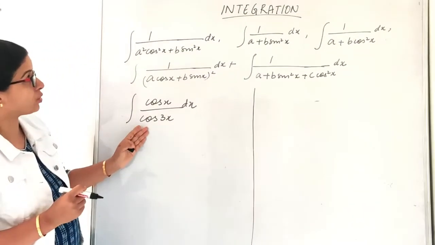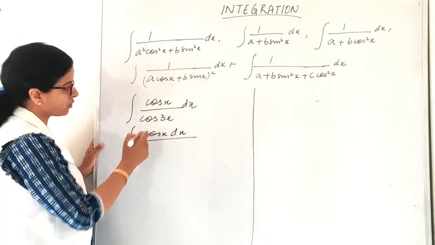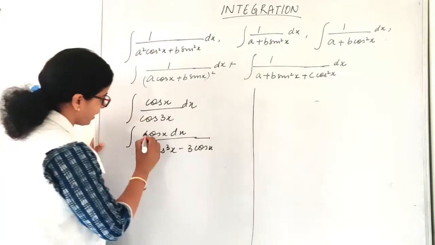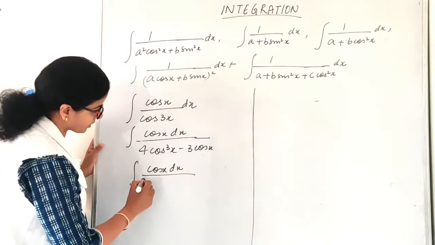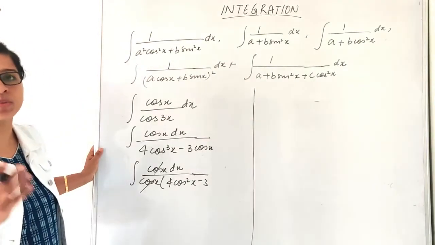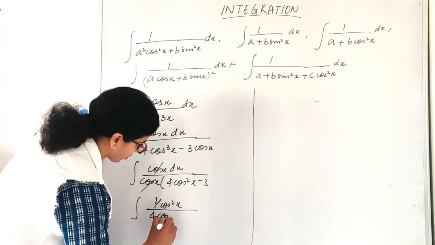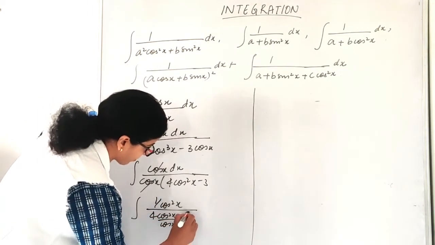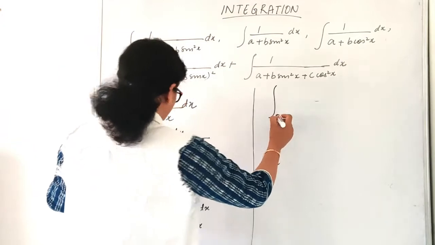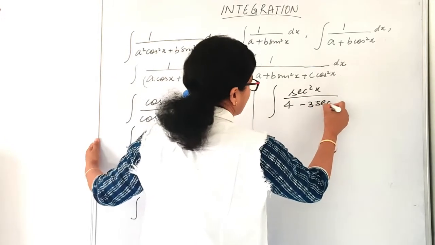So let us take this question, though it is not of this kind, but when we solve it, it will become of this kind only. So let us check. Substitute the formula of cos 3x. So 4 cos cube x minus 3 cos x, right? So basically what you are getting here, take out cos x common, 4 cos square x minus 3. Now what we can do, we'll divide numerator and denominator by cos square x. So what I am getting, 1 upon cos square x upon 4 cos square x by cos square x minus 3 upon cos square x dx. Correct? So basically what I will get here, secant square x upon 4 minus 3 secant square x dx.